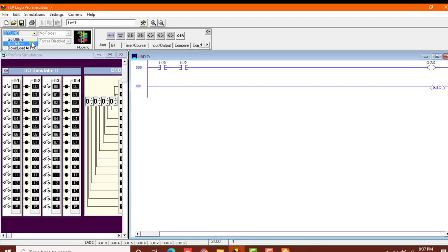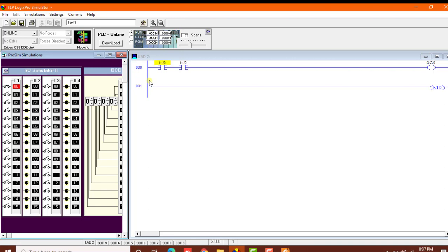and then we'll go online, run it, and we'll see if we turn the first input on, you can see the input is on but the output's not responding. Now if we turn the second input on, the output is glowing. So if we turn the first input off, the output is off. Turning it back on, you can see the bulb is on. So our circuit is behaving like AND gate.